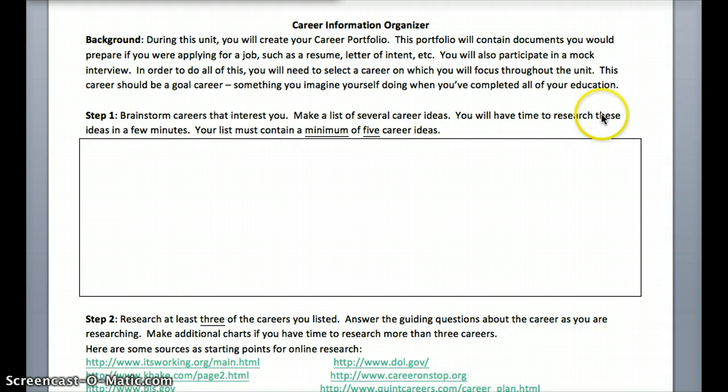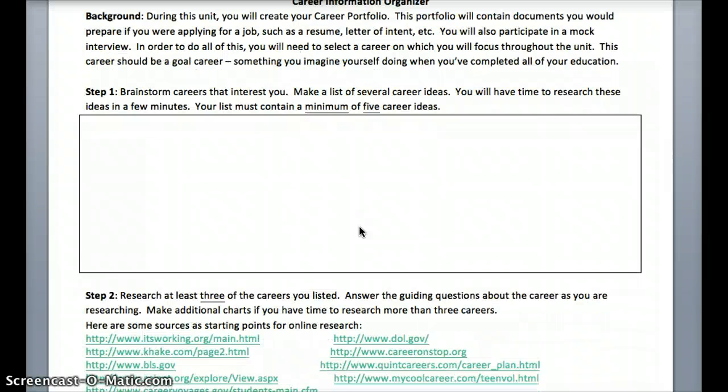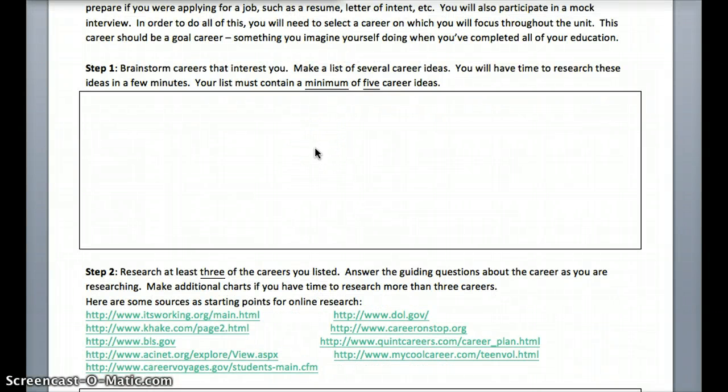So what students do is they start by brainstorming careers that they are interested in. And so they'll start off in step one in this box right here and list as many career ideas as they have with a minimum of 5 career ideas. Once students have done that, they will select at least 3 careers that they're interested in